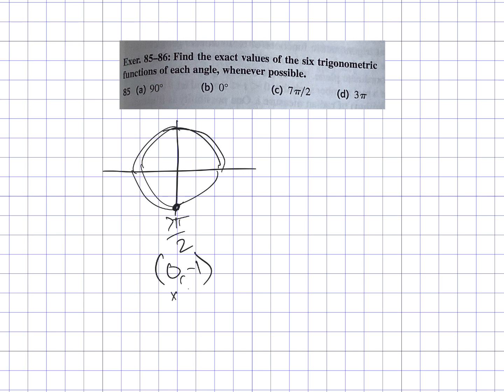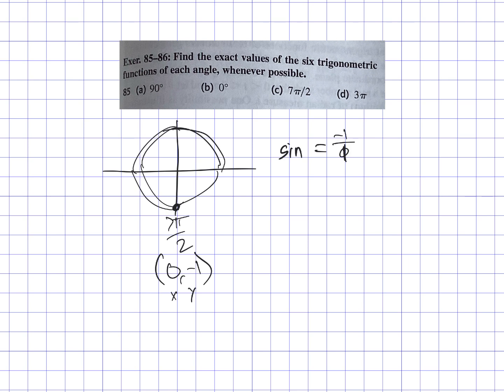All right, let's erase that and do 7 pi over 2. Where is 7 pi over 2? Well, 1 pi over 2, 2 pi over 2, 3, 4, 5, 6, 7 pi over 2. All right, 7 90s. So what is that coordinate? That coordinate is 0, negative 1. So the sine of theta is going to be the opposite leg, negative 1 over